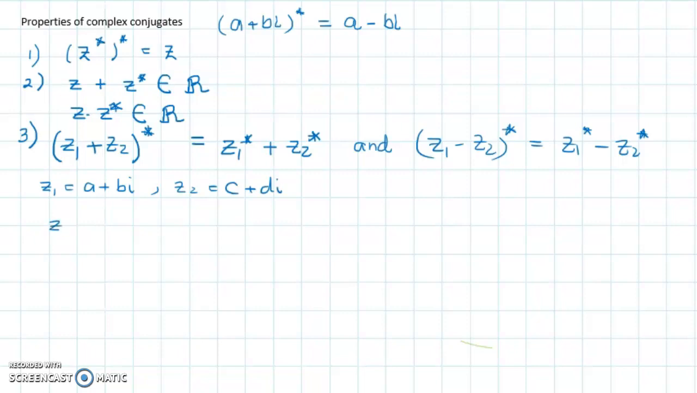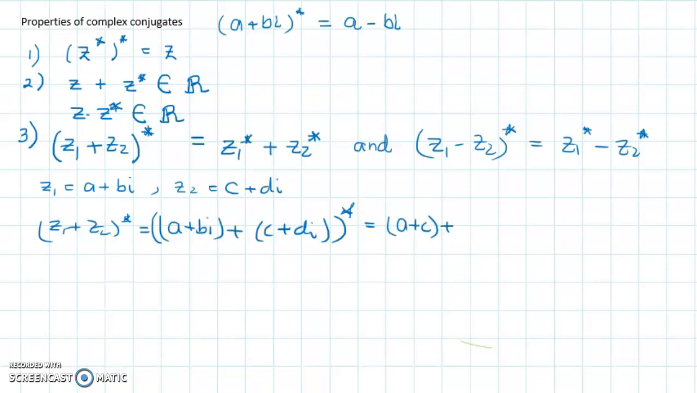So I want to sum and then take the conjugate of those two complex numbers. So I have a plus bi, and I need to sum c plus di, and after I'm done with the sum, I find the conjugate. I'm going to sum the real parts, a plus c, and then I need to sum the imaginary parts, b plus d, multiplied by i, and I want the conjugate of all of this,